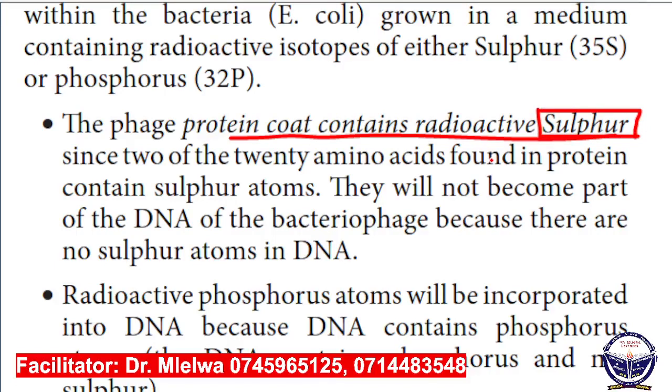Waliweka sulfur. Manake waliweka sulfur ambayo ni rahisi kuitrace na radioactivity. Waliweka katika nini? Katika protein coat. Since 2 of the 20 amino acids found in the protein contain sulfur atom, they will not become part of the DNA of the bacteriophage because there are no sulfur atoms in DNA. Kwa hakuna sulfur atom kwenye DNA, na ndio maana zile sulfur tulizoziweka haziwezi kuwa